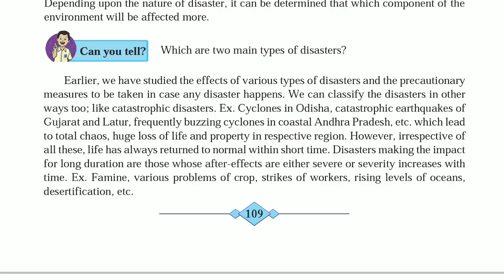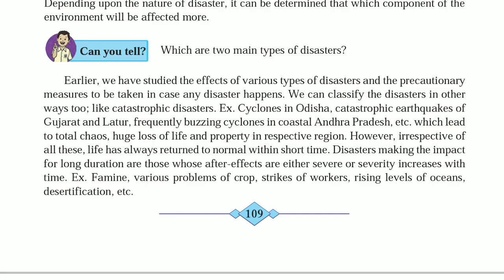We can classify the disaster in another way too, like catastrophic disaster, for example cyclones in Odisha, catastrophic earthquakes of Gujarat and Latur, frequently buzzing cyclones in coastal Andhra Pradesh, etc., which lead to total chaos, huge loss of life and property of the respective region.